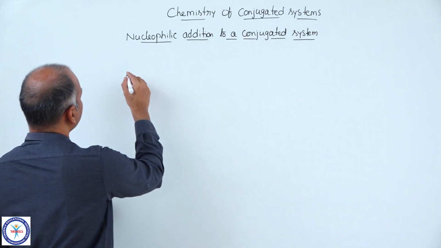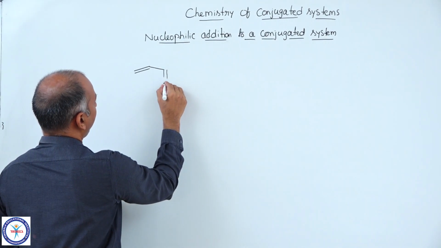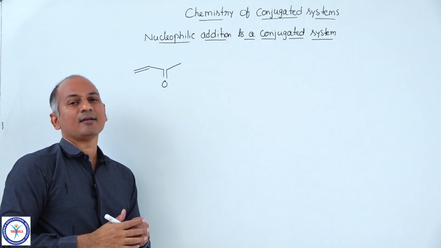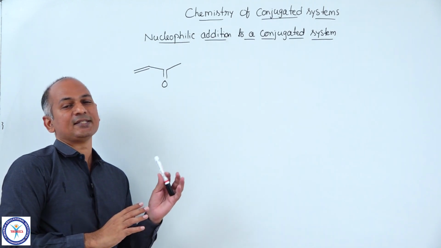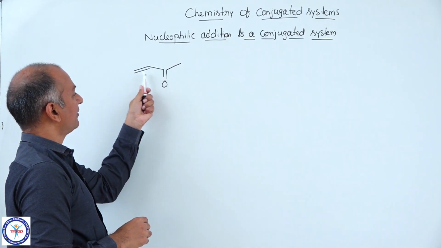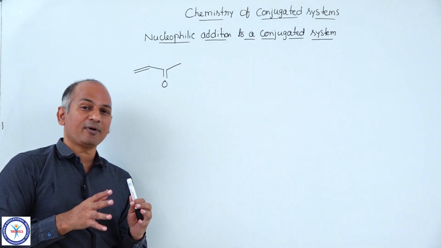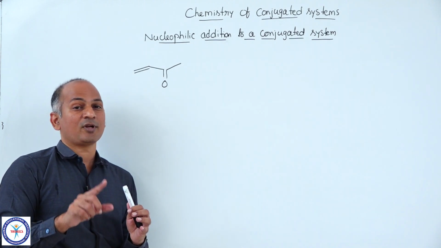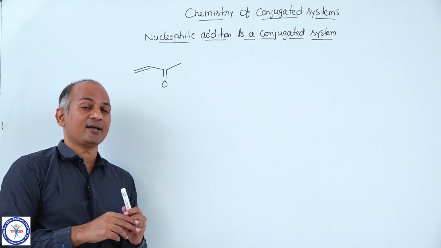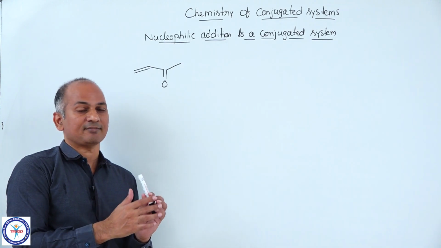And let me take an example, this one. And first, just confirm whether it is a conjugated system or not. Yes, C double bond O and C double bond C are in conjugation with each other. And all of you recall these types of compounds are the final products of one of the very famous organic reactions, that is aldol condensation. Alpha, beta, unsaturated aldehydes and ketones. Okay. So, I am taking such a system.